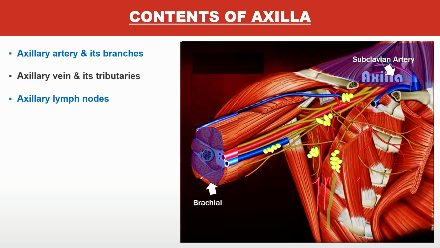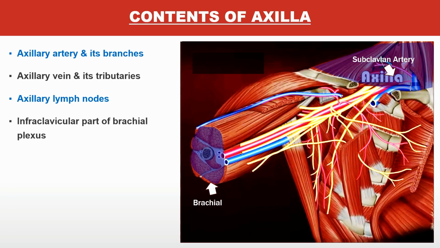So there are different lymph nodes that are scattered there. We'll come to it later. You have a nerve plexus, a very important structure which comes from the root of the neck and is supplying the upper limb. That is known as the brachial plexus. Anything related to the arm is termed as brachial. Okay? So you have a brachial artery, you have a brachial plexus. It is all related to the arm. So the nerve plexus that is supplying the upper limb is known as the brachial plexus.